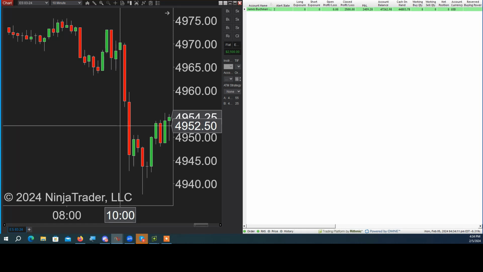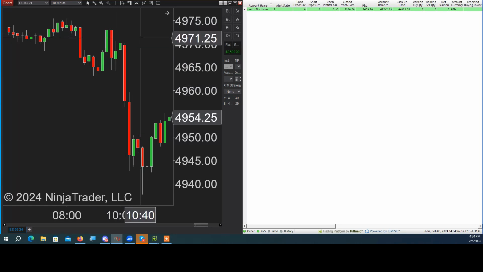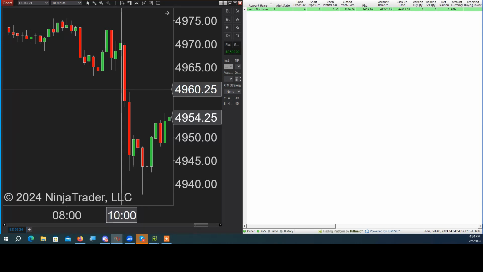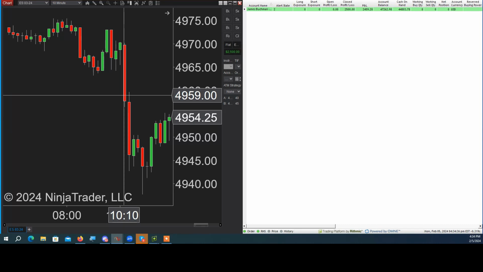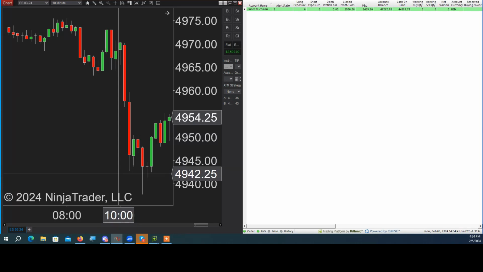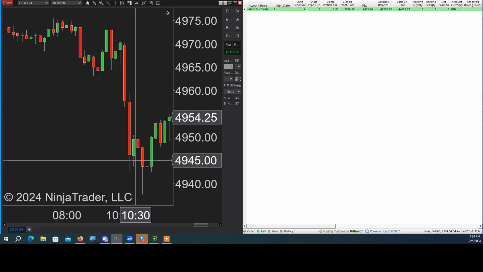Now at 58, I decided to take a long in the room, and I got stopped out at 52. I really thought 58 would be the destination upon kind of a miss. At this point, I still thought they're going to come right back to it. But I took a long at 58 and I got stopped at 52. Why at 52? Because, as I mentioned in the room, if they're going to break 52, they're going to go to 42. They got to 42, spiked it quickly to 38, and then started to firm up.